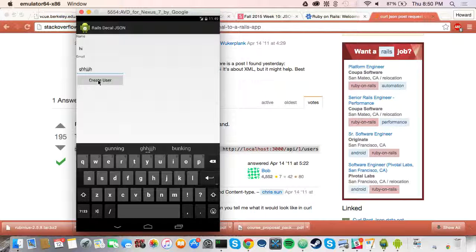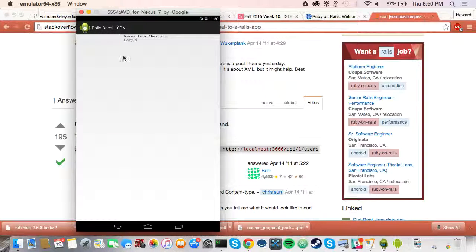And then when I click this create user button, what my Android application will now do is read each of these text inputs, put them in a user JSON, a key value pair, which is name to name, email to email, and put that all into the user's hash. I told my Android application to take those hashes and turn them into a JSON string. And once I hit create user, it should fire that request, and now I have this guy named Hi. I know it's really hard to see, but if you're watching the webcast, Hi will appear. And if you look